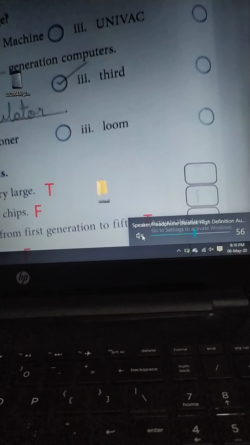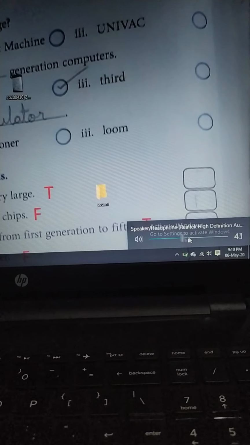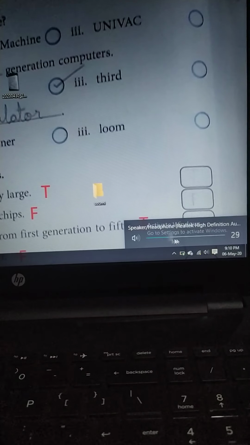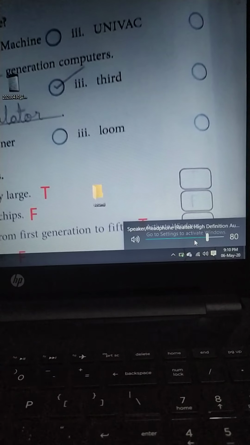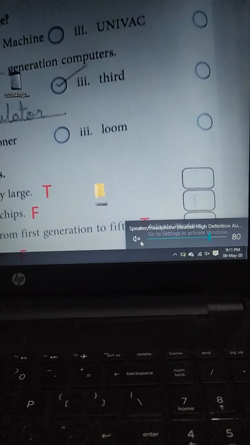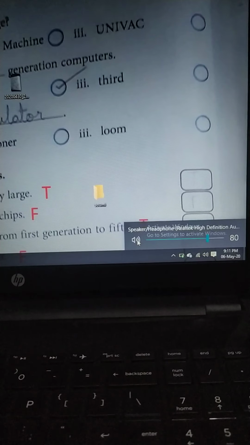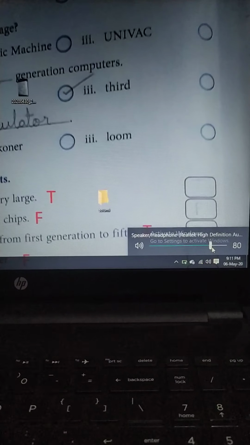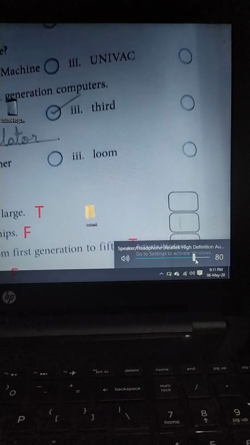That means the system is mute. If we change the slider, the volume will increase and decrease accordingly. If this cross sign is there, the system is mute, and if we click it again, the system will give us sound. I think it is clear to all.